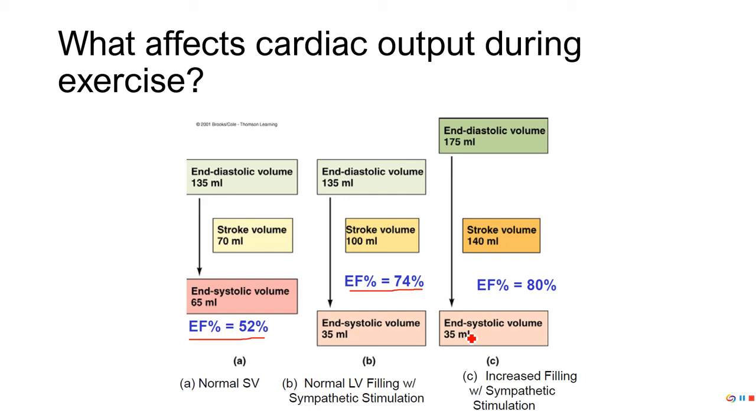Okay, but we can even make that greater if we fill up the heart more and we have a sympathetic response. And so we might do something like this: 52% ejection fraction becomes 80% by filling the heart up with more blood and having a sympathetic response. So